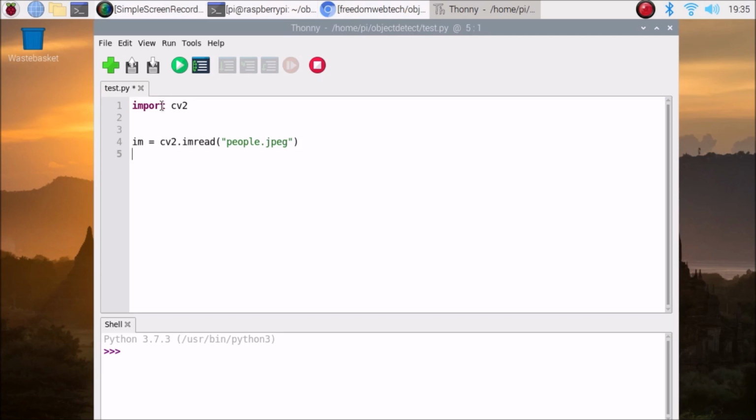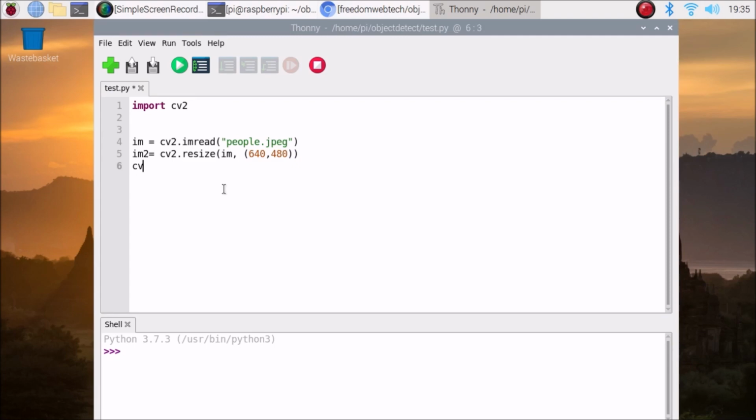Then we are going to resize the image. So im2 is equal to cv2.resize, then our image, the im variable, because this im variable is reading our image. So im, then resize the image to 640 by 480, 640 width and 480 height. Now we have our image ready. Now simply we are going to first read the image.